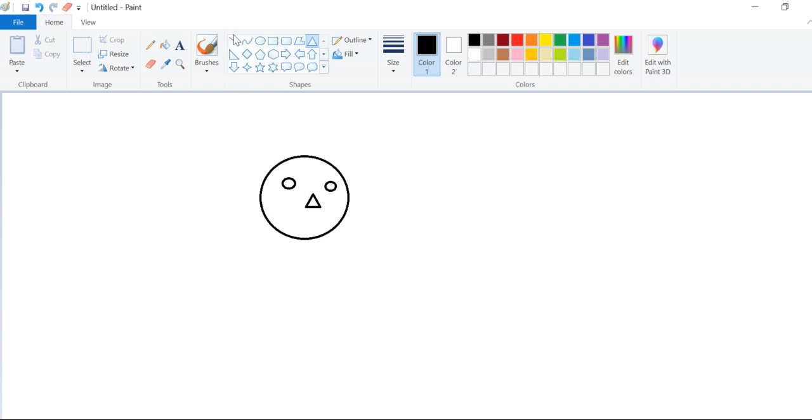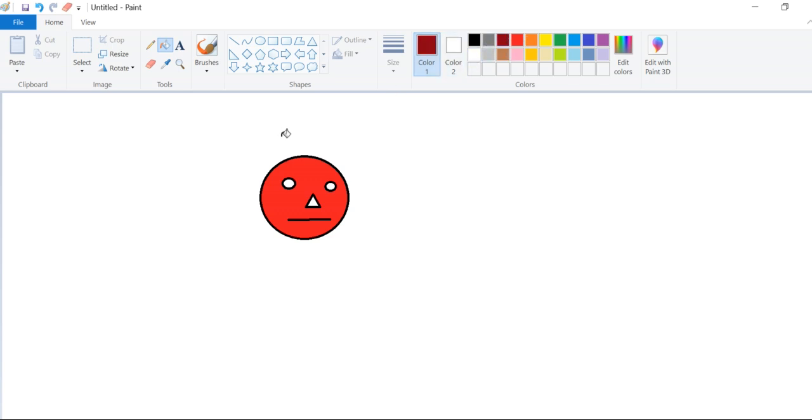Then go back in the shapes, take the line and make the line. Okay. Then you can go in the paint. Like, I want to use red paint, so I choose the red and go back and press on the spray bottle. Then color it red. Then I want to color his nose